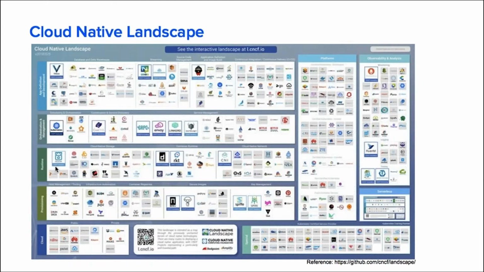Here on the screen, you see a cloud native landscape, which we have taken from the CNCF GitHub repository. As you can see, there are different projects for different kinds of needs. For example, you have tools for monitoring, orchestration, containers. So this is the complete landscape currently on the CNCF website, which gives you the tools you can use for different purposes.